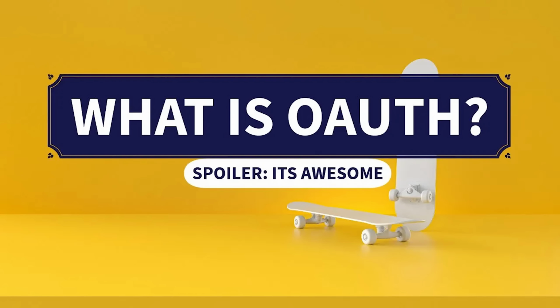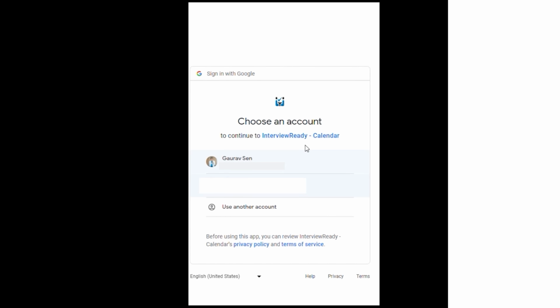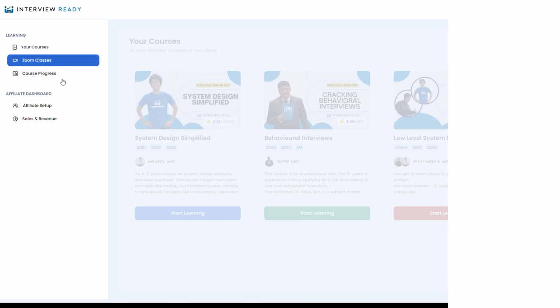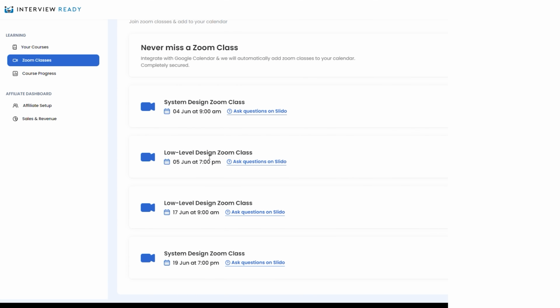Now there already exists something around this. It's called OAuth, where when you're logging into a website and you don't want to add your email and password again, you just go and sign in with Google. What Google does is it hijacks the page and asks you permission to share your email address with this new server. If you say yes, then the server gets your email address signed by Google. So it knows that you are an actual user with this email address and it can just log you in.